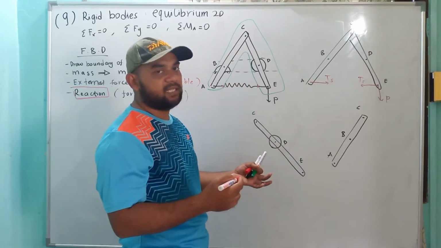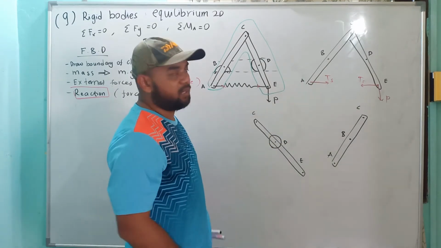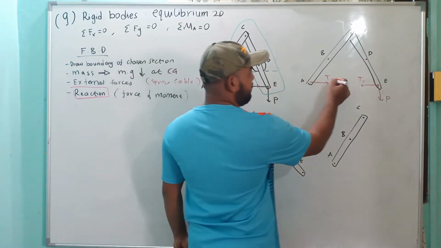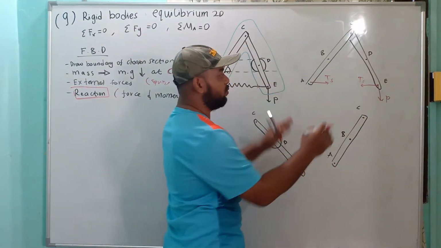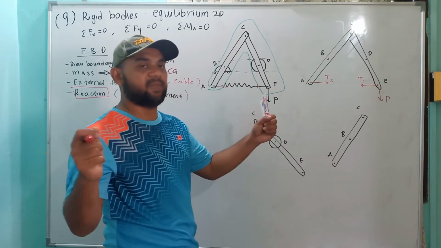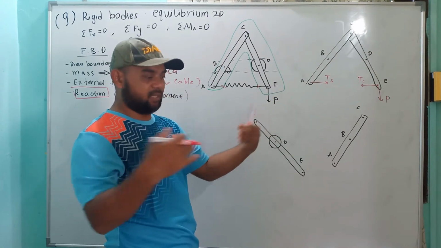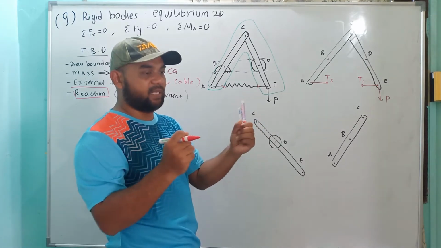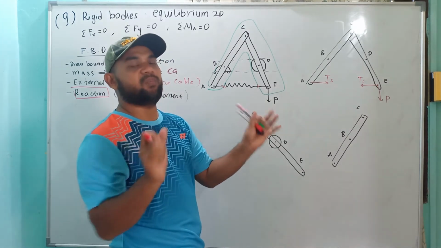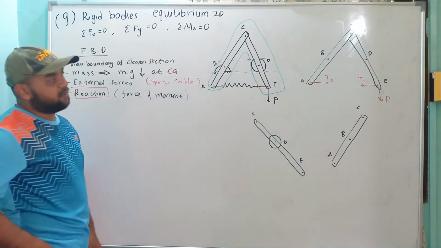But if the spring is in compression, of course, it will be the opposite direction. So it doesn't matter. You just put one of them. But you cannot put this to the right and this also to the right. No, you have to put one to the right, one to the left, because this is a spring. In tension, both will feel it pulling inward, and if it is in compression, both will feel the component pushing outward. So we have the spring. Okay, so that finishes the external forces.